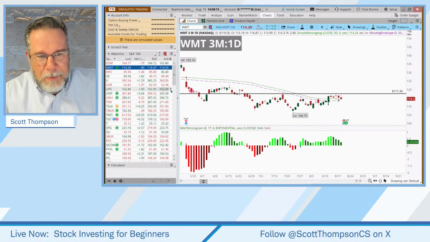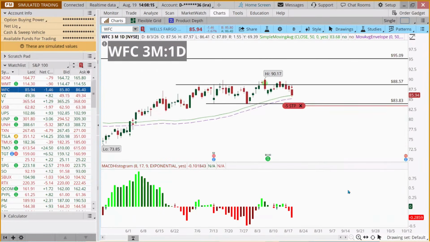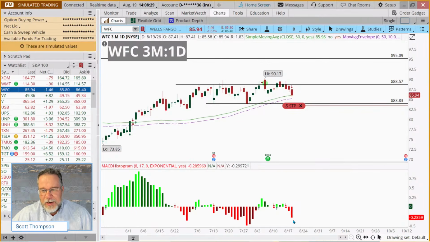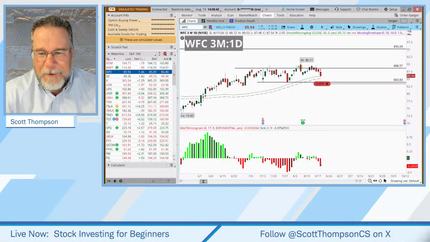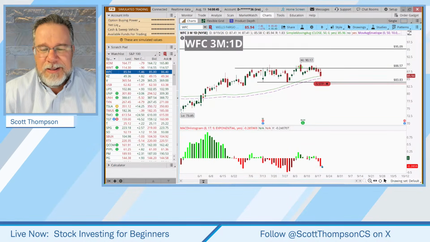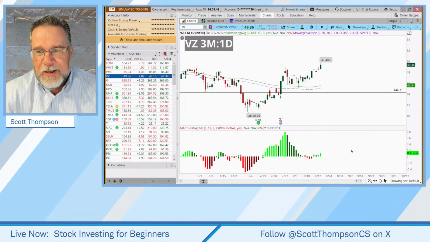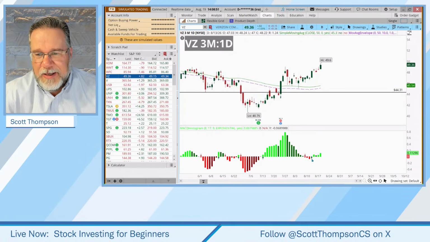So I've looked at Walmart, then I would arrow down and say, okay, I'm looking at the MACD. So you guys help me out right here. Is the MACD green or red? Someone chat in so I know you're seeing what I'm seeing here. Is the MACD green or red on WFC? I know that takes a second for you to chat in. But if the MACD is red, then guess what? We're done.